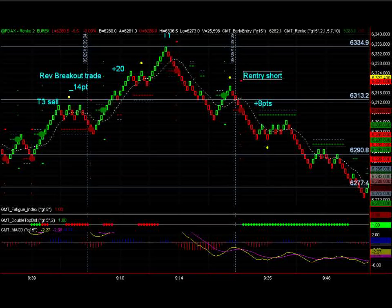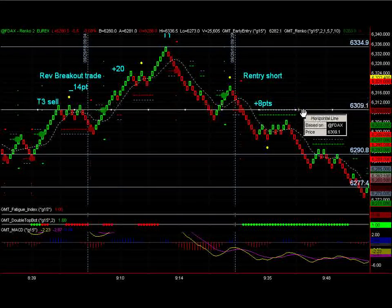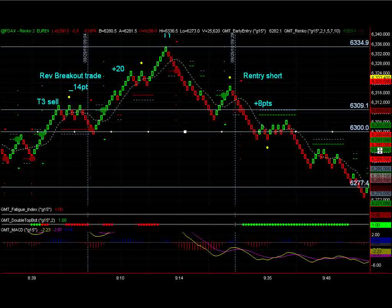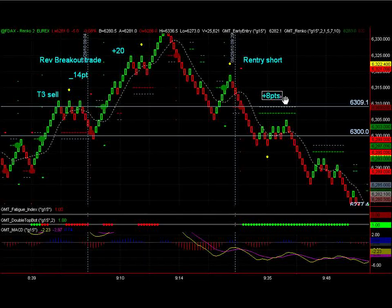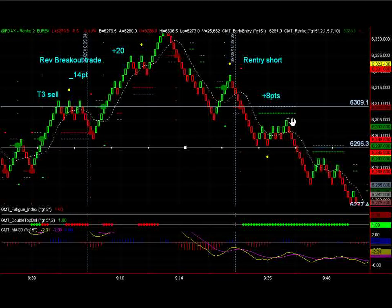Now we were going for 20 points, but obviously the entry there is at 6309. We're not going to disregard the key level. So some of us took, I'm going to record that we took 8 points on that trade. So I'll just record there that you've taken 8. It actually did go to its 20-point target. If you see there, it didn't get knocked out of the stop. But we'll record that we've got 8 points on that trade and taken this second re-entry here,